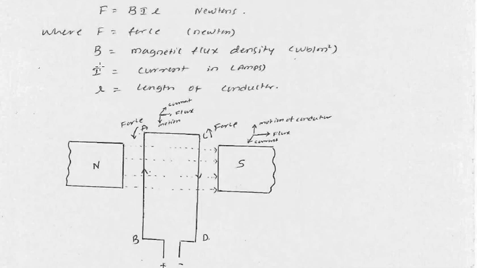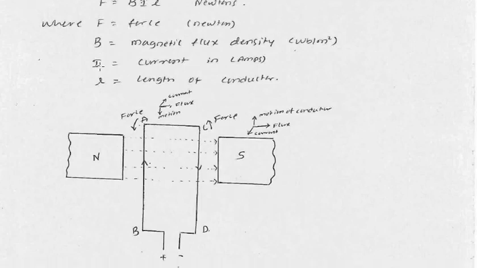Now the construction. This we talked about the principle of operation. Before that, the construction of a DC motor. The construction of a DC motor is exactly same as the DC generator. In the DC generator session, we looked into the construction of a DC generator. The construction of DC motor is exactly the same. There is no difference at all. Just I will show you the diagram and a brief explanation, and then we come back to the operation of motor.